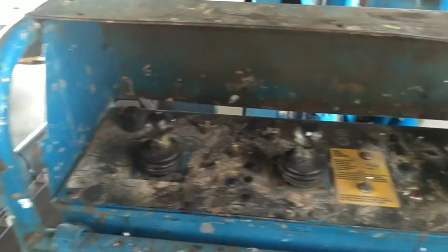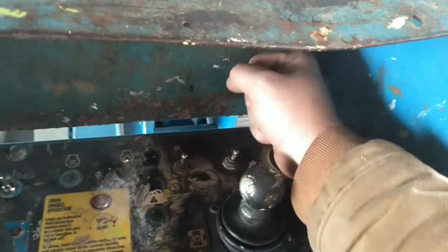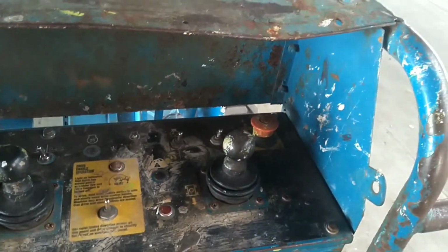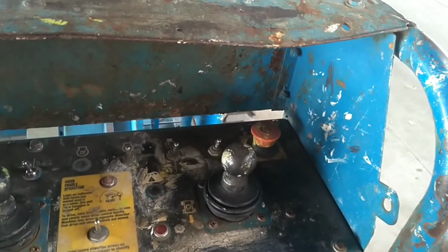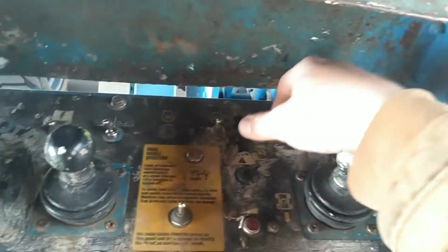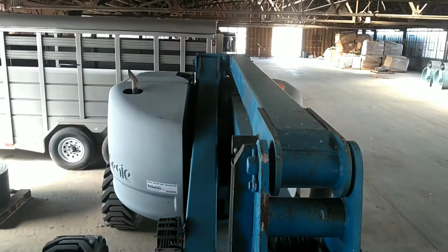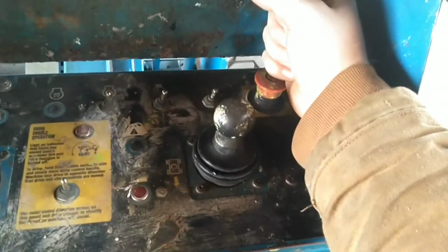I'm going to now go over shutting the unit down. It's as simple as turning this off. If you're going to be working in a position for a long time, you can shut that off, save fuel. To start it, simply pull up, hit our start toggle. Unit should fire right up. Now I'm going to shut it down